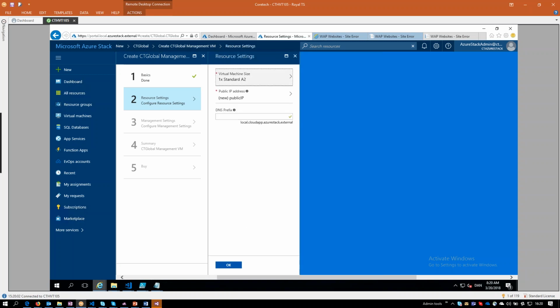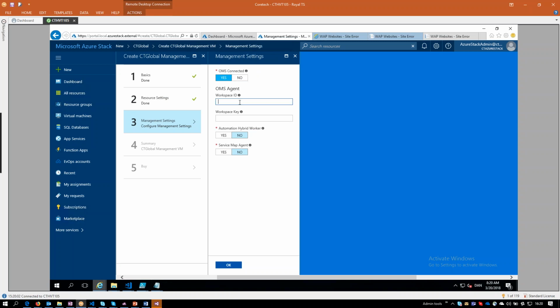So you see, what I can actually do here is to use the normal controls. For instance, when I write a DNS name, it checks if it already exists. But I can also define more complex GUIs, like in this case, do you want this to be OMS connected? Yes. In this case, I chose to make it possible to type in an ID and a key for a